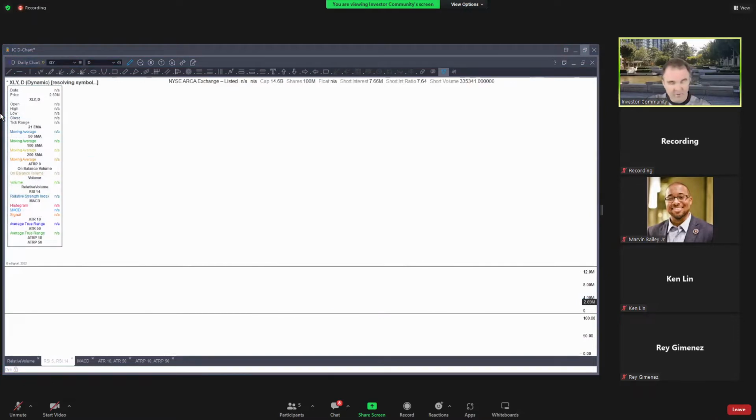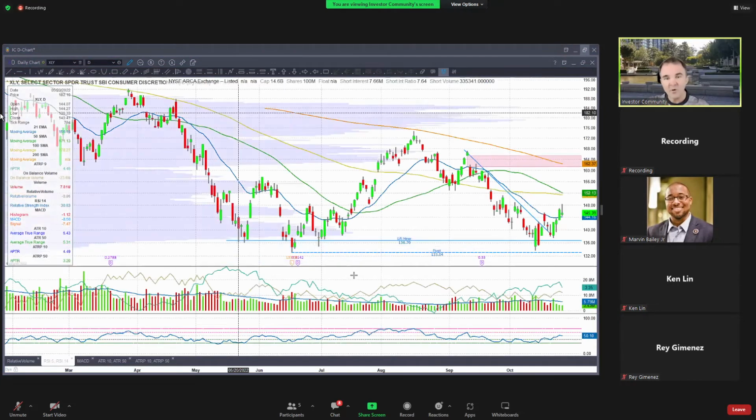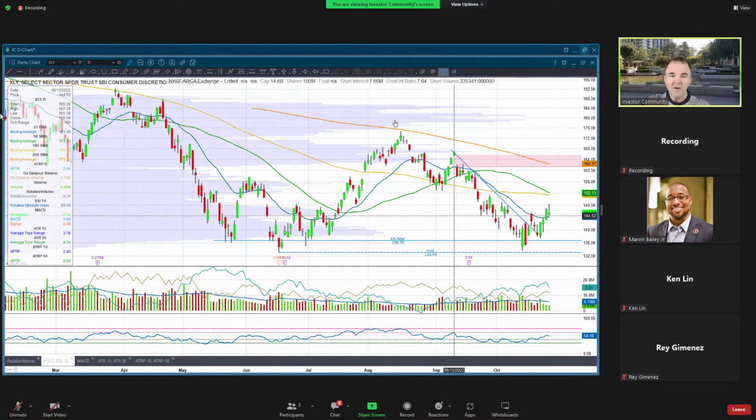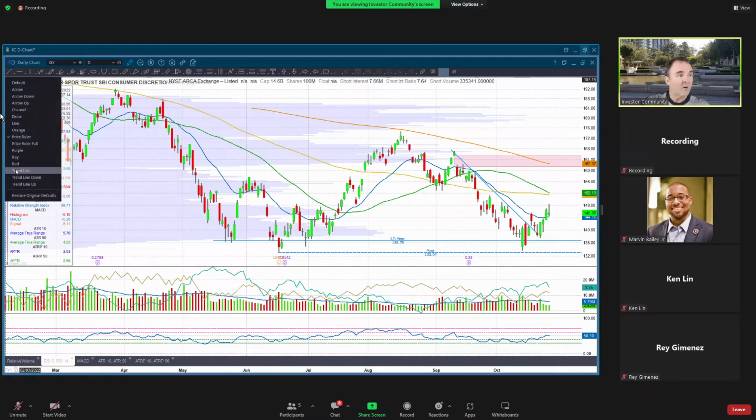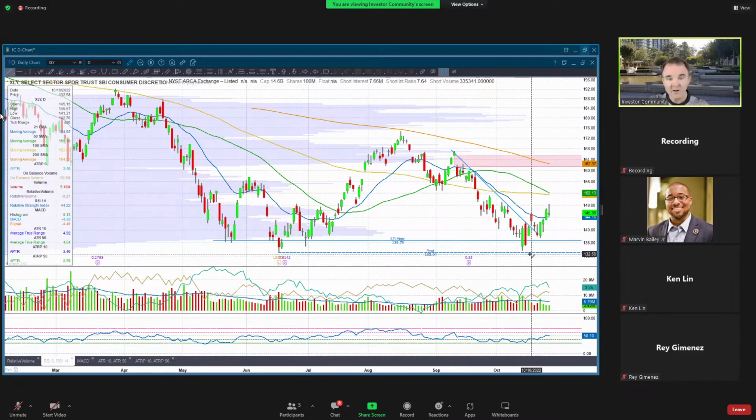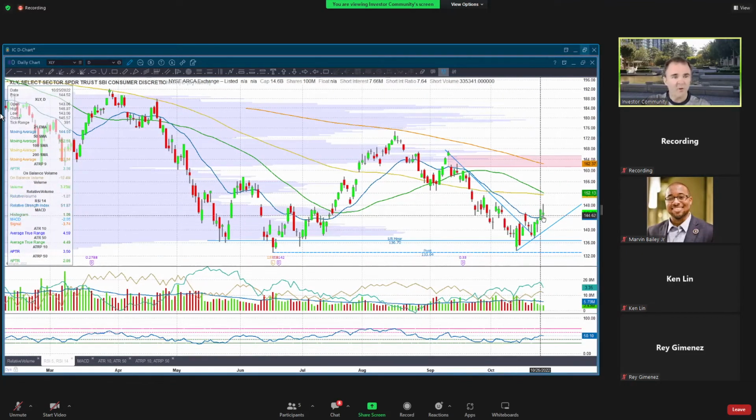Okay. Let's look at consumer discretionary, see if there's anything interesting going on there. And yes, you can see we're coming off a bottom here. We put in a swing. We got our high, we got a swing low, and now we've got a higher high. Awesome. This is how uptrends start. So let's be optimistic and start drawing what that uptrend might look like. Yeah, I really like to see that. And in consumer discretionary as well, one of the sectors that is really kind of underperformed.